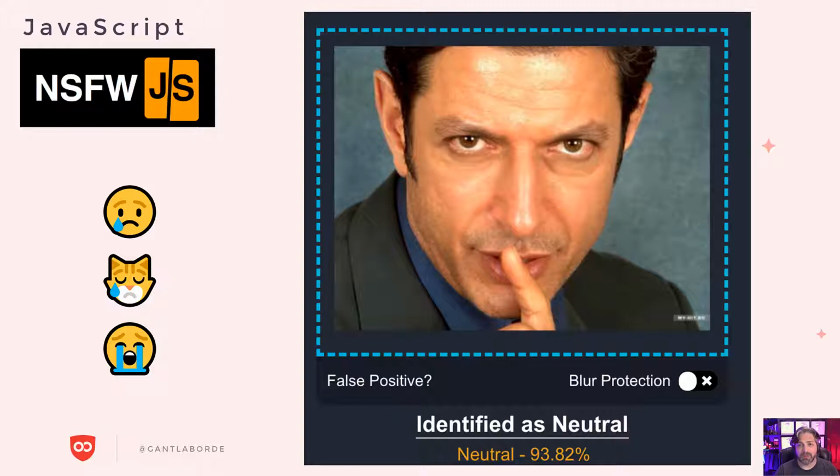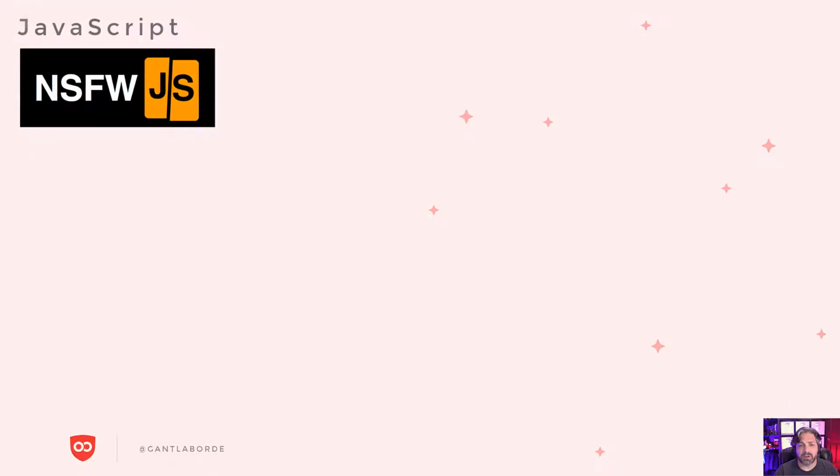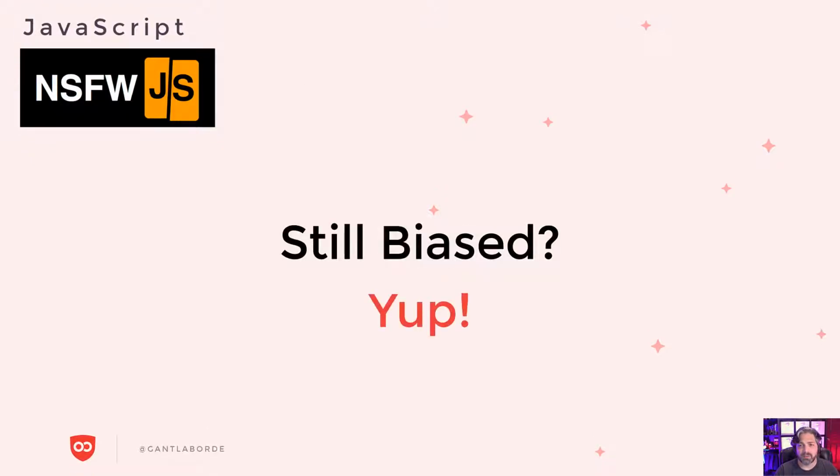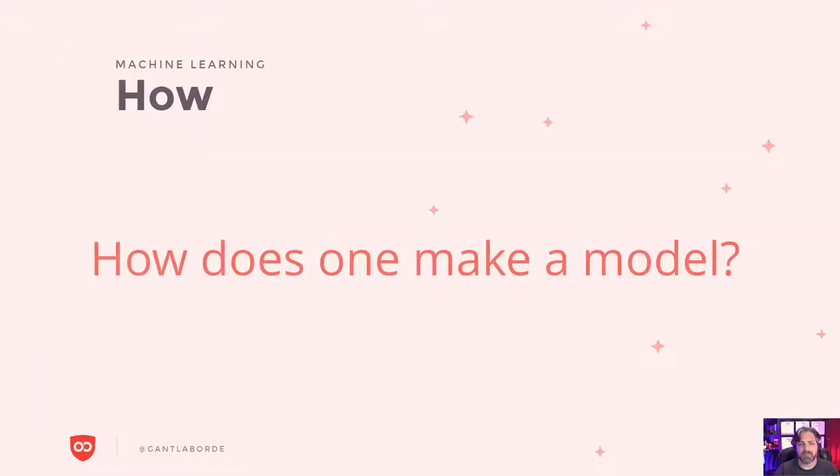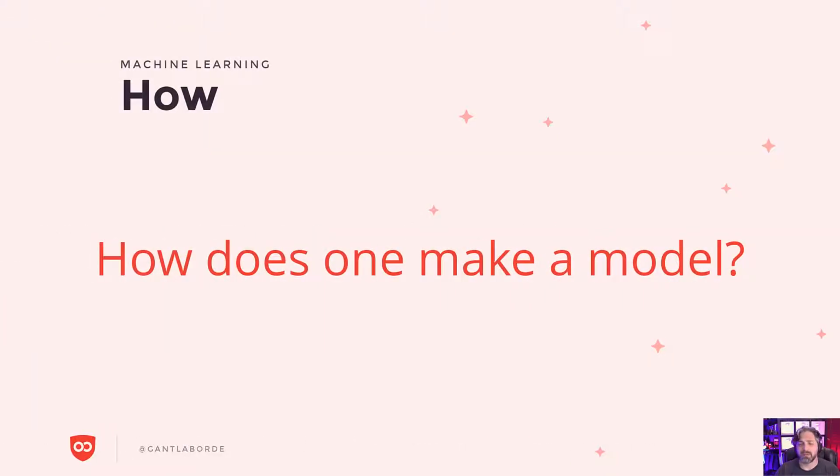I could talk way more about the cool stuff for Not Safe for Work. It is still biased, of course, and there are still a lot of PhD papers out there. A lot more research has to happen, and it's 92% accurate, which is well below what a human being could do. But it is really cool to have some of that automation out there to help out the community, and hopefully that's very helpful. By the way, I could talk about all these things a bit more in Q&A and a bunch of other fun stuff, but let's move along.